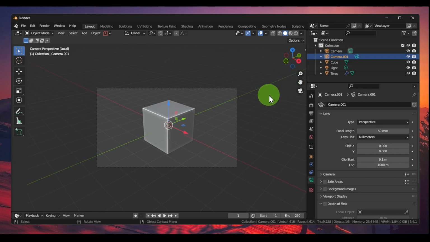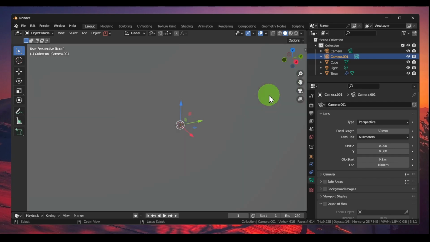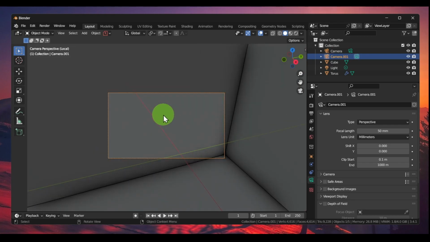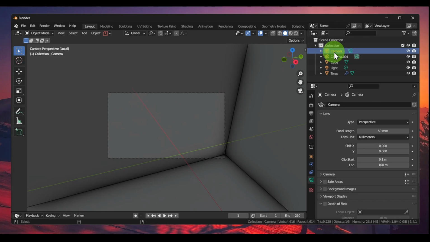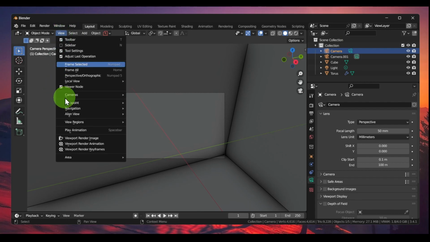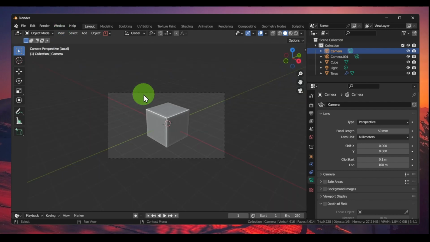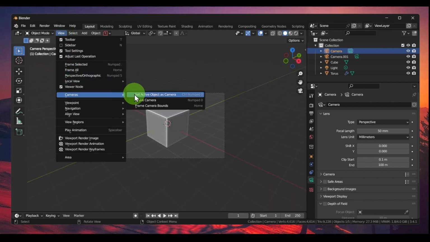the other camera and press Control plus 0. You can make this camera active. Okay, or you can go here to Camera and Set Active Object as Camera,